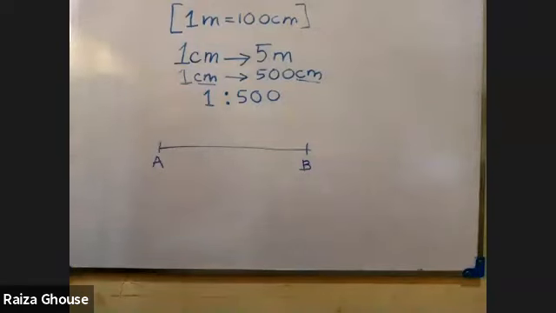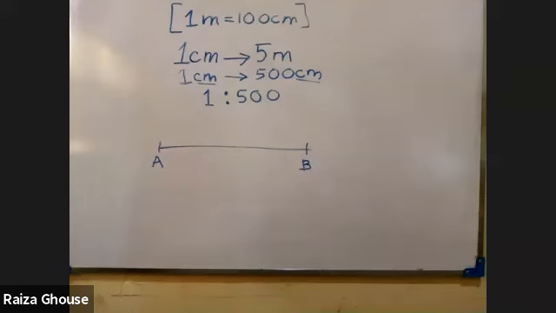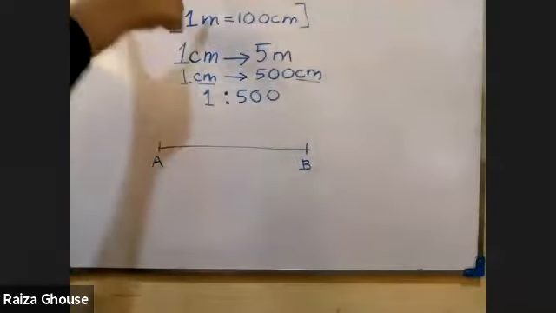Is there anyone who is not clear? If there is anyone who is not clear, don't put a message, raise your hand. Okay, Hajara, Yusuf, Pifa, 3 are there who are not clear. The ones who are clear with this, copy down this under the point, scale is written as.